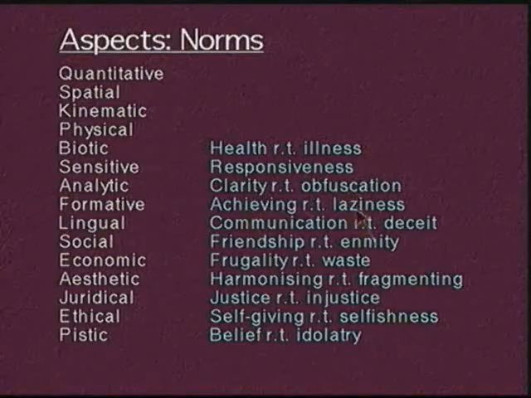Achieving something rather than laziness. Good communication rather than deceit. Friendship rather than enmity. Frugality rather than waste. Harmonizing rather than fragmenting. And I suppose enjoying rather than being bored. Justice rather than injustice, self-giving rather than selfishness, belief rather than idolatry and hidden agendas,